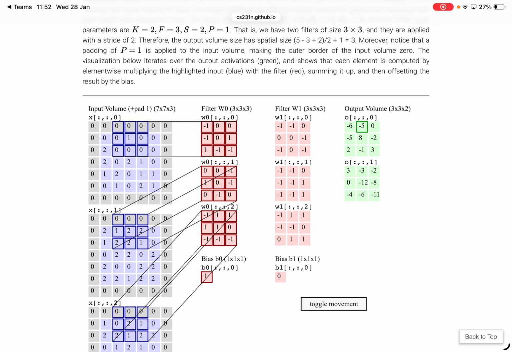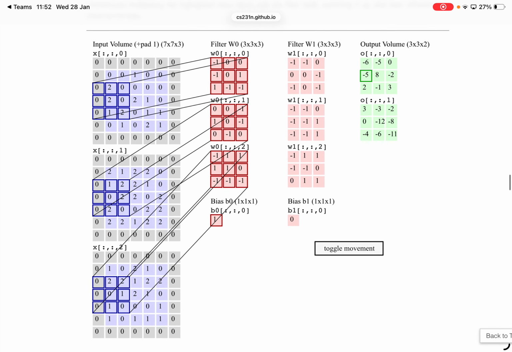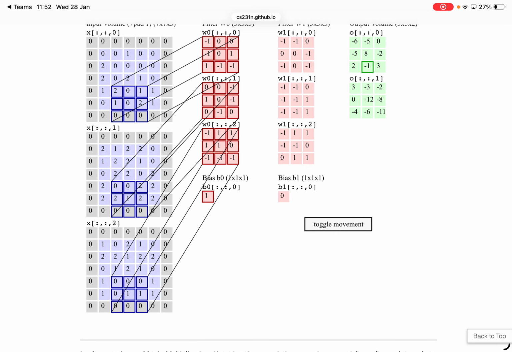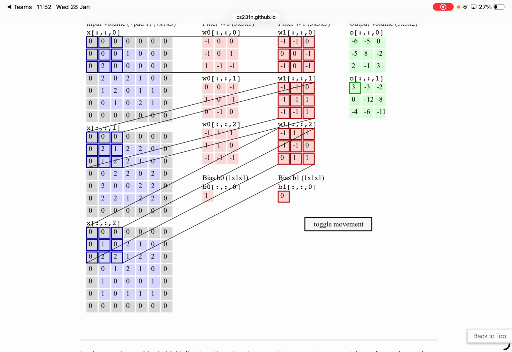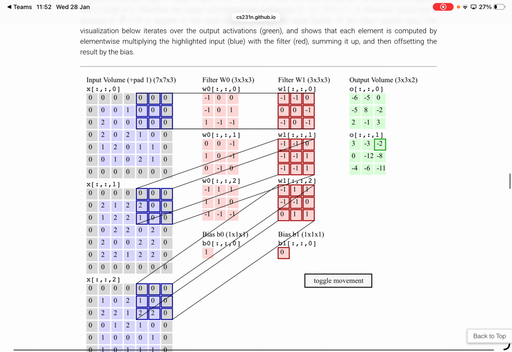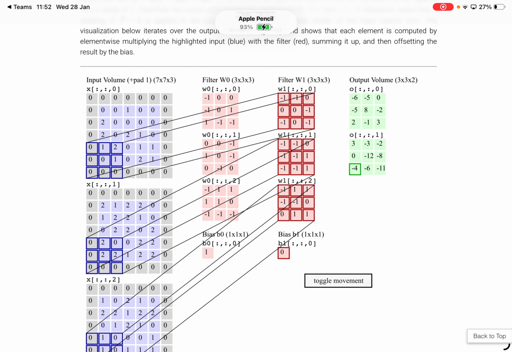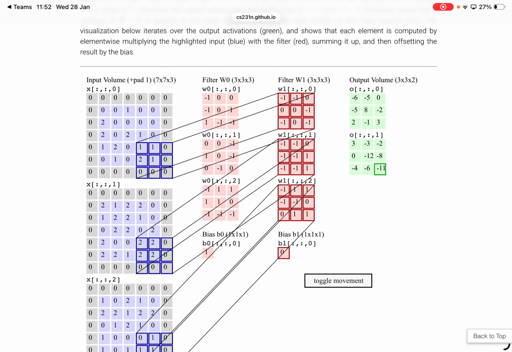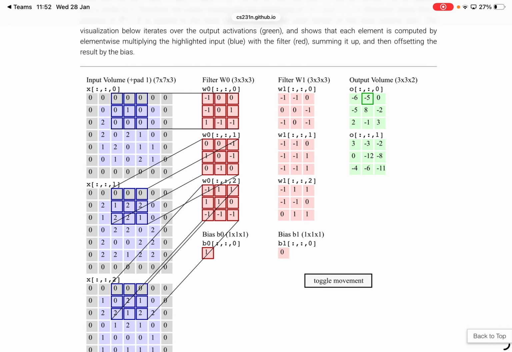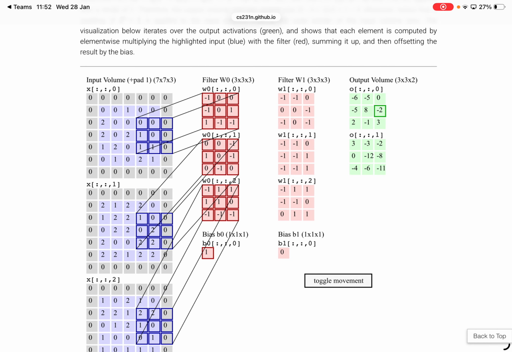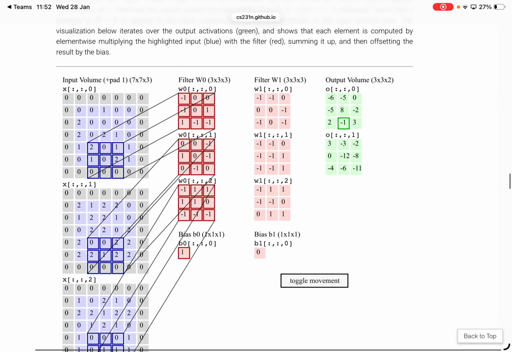For example, if you have an RGB image as input, you will have 3 channels, just like what's shown here. If you want the number of output channels to be the same as the input, then you only need one filter set,